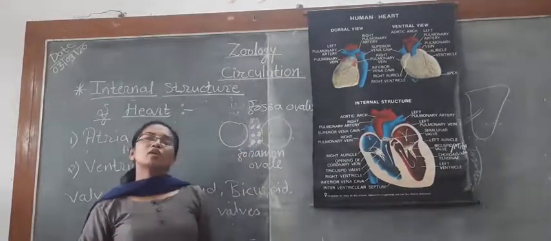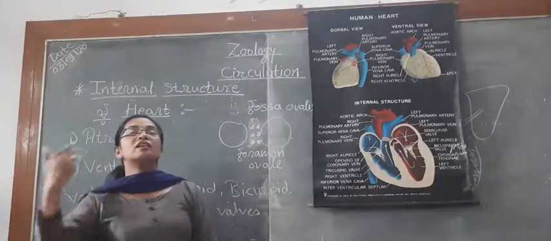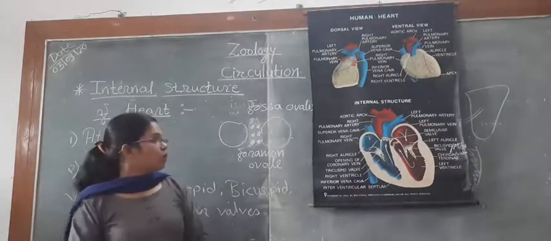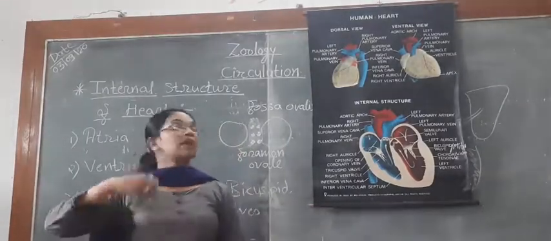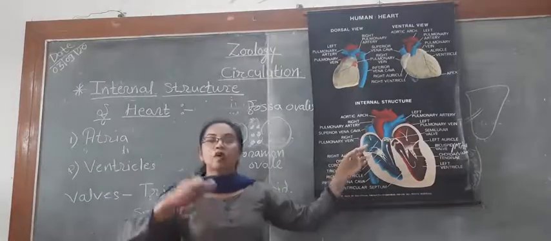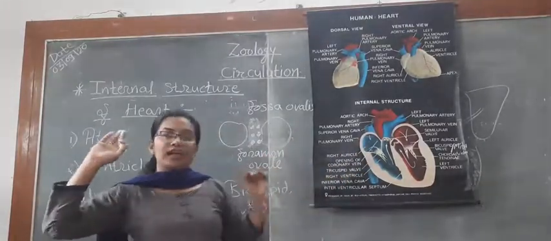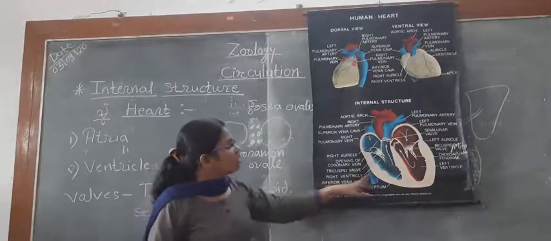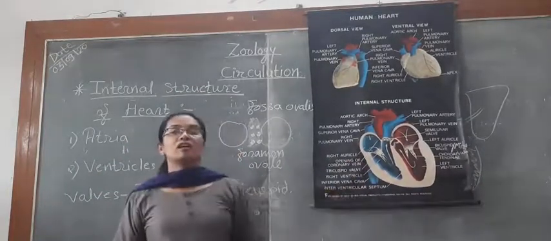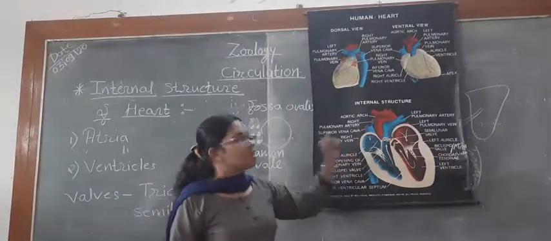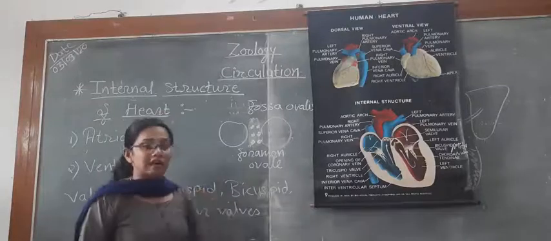So what is the main role of this valve? To prevent the backflow or return of the blood. Once the blood enters the right atrium from the lowermost part, it is moving opposite to gravity, so there are more chances of it flowing back. So this return is closed by the valve, called the Eustachian valve. It is the same in the coronary sinus. So there are two valves present in the right atrium.